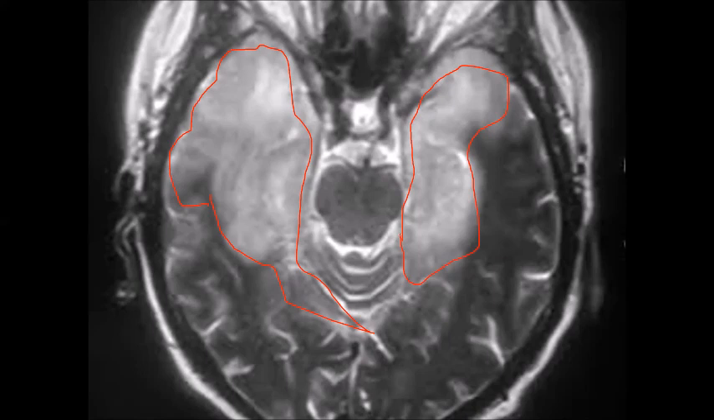So this is a T2 MRI image showing bilateral inferomedial temporal lobe involvement. So this is the cause of the partial seizures. So it's temporal lobe epilepsy or secondary generalization, plus evidence of meningitis. And